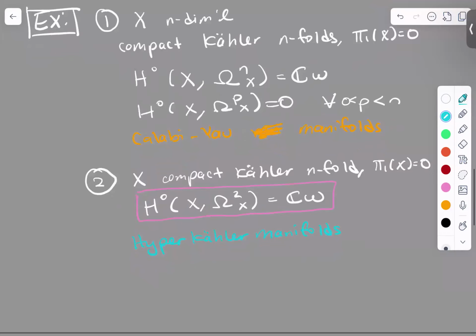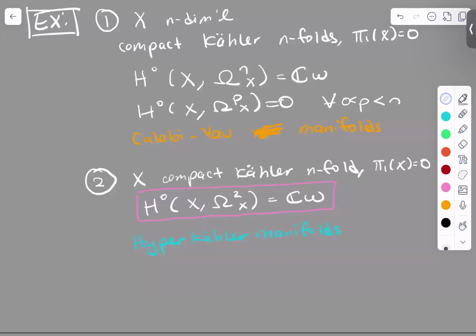And it turns out that this second definition, in particular this pink box condition that I've written about the space of global sections of two forms, is a highly restrictive condition that ensures a lot of structure on the variety. And so in many ways, even though definition number one might seem like the natural generalization of K3 surfaces to higher dimension, it turns out that if you want to replicate a lot of this structure that K3 surfaces have in higher dimensions, that happens in case 2, more so than case 1. So as an example,